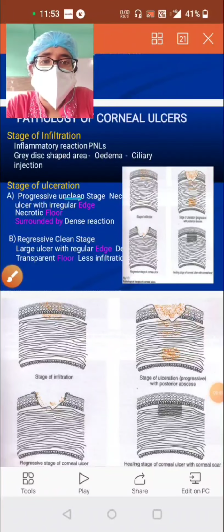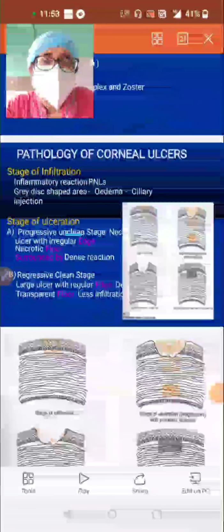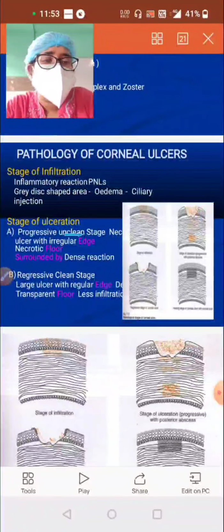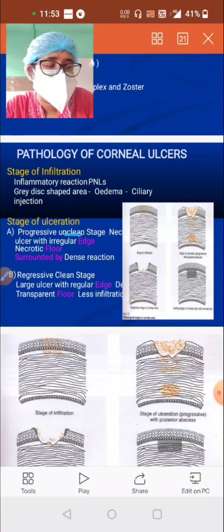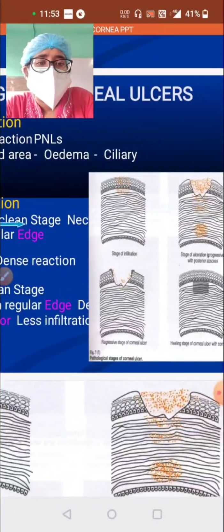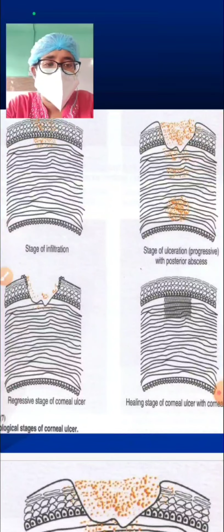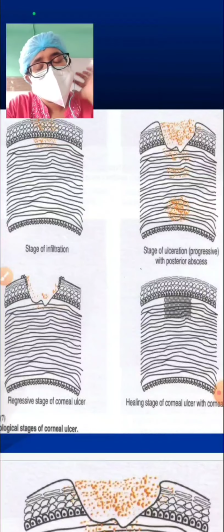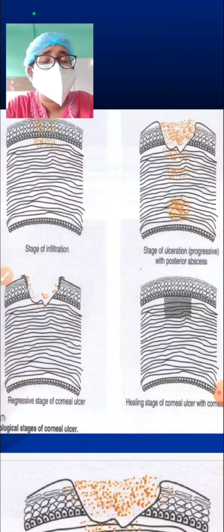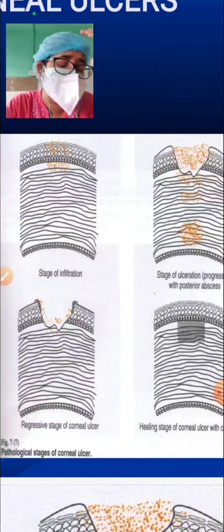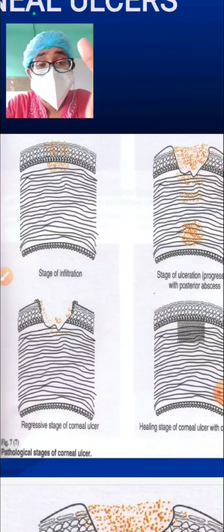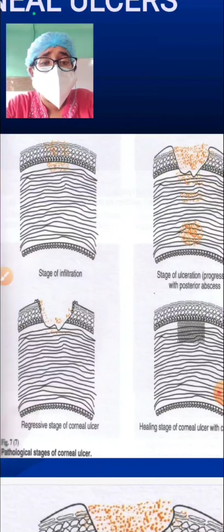Now, let me start with the pathology of the corneal ulcers. Each of the corneal ulcers goes under three stages. You can see the picture now: stage of infiltration, stage of ulceration, stage of regression, and healing stage. So, in the stage of infiltration, as you can see from the figure itself, there is infiltration